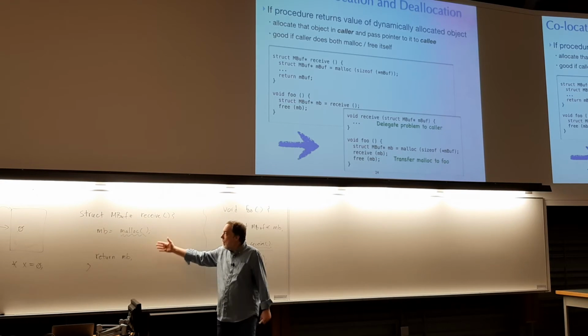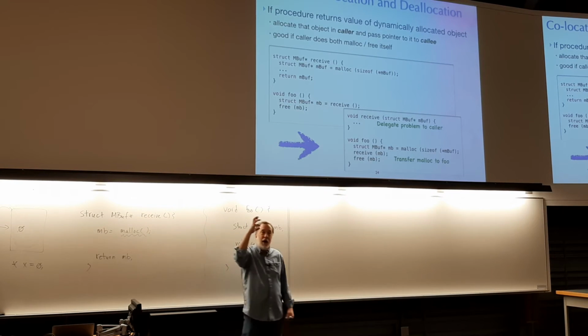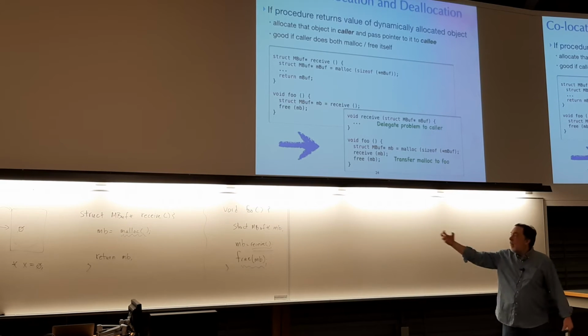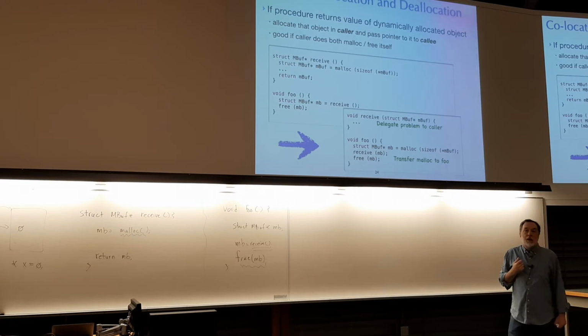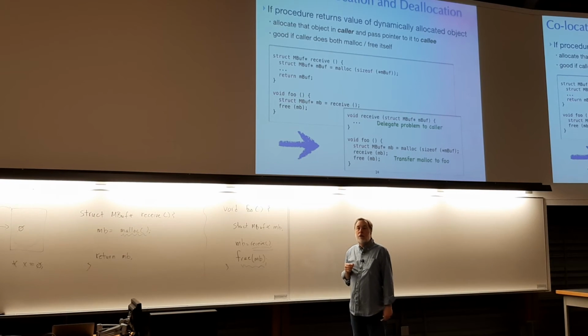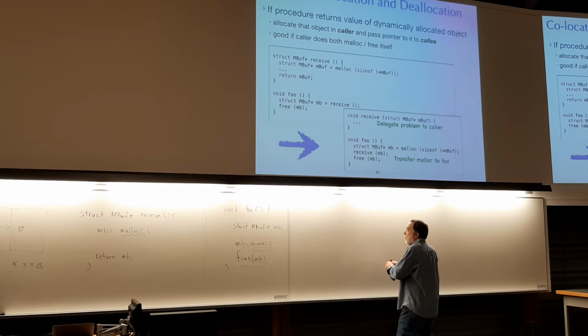Well, no, because I really do have to have this dynamically allocated thing that has the network message inside it, that foo can consume. So it must be the case that I'll move malloc here. Right, so if we look at the new foo,